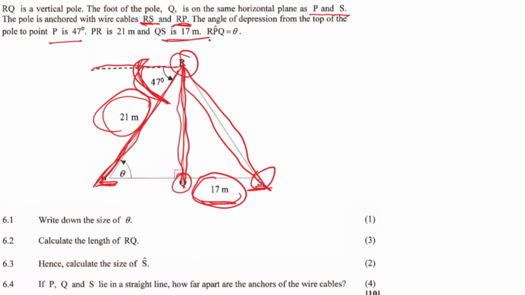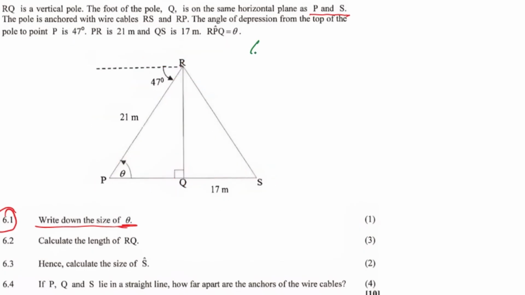And then we are told that RPQ is equal to theta. So we have got this angle, that is RPQ. All right. Question number 1, which is 6.1. Write down the size of angle theta. Now 6.1. Angle theta is given by, so we will just say theta is equal to,